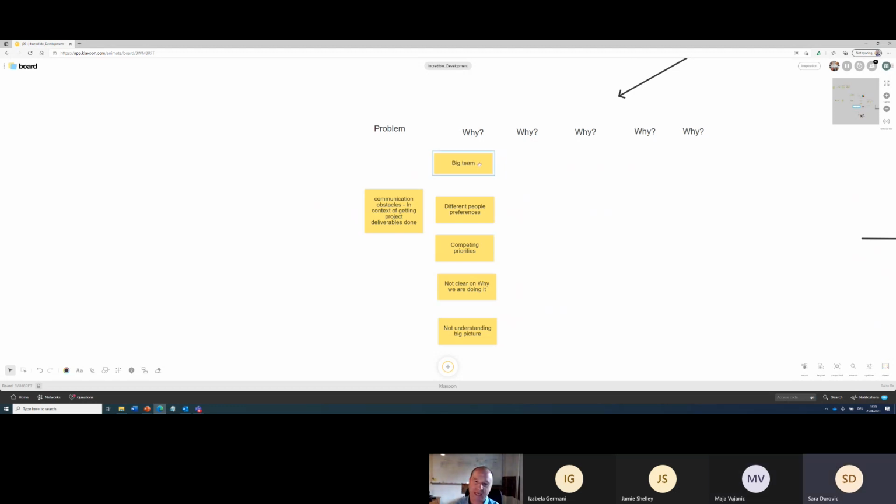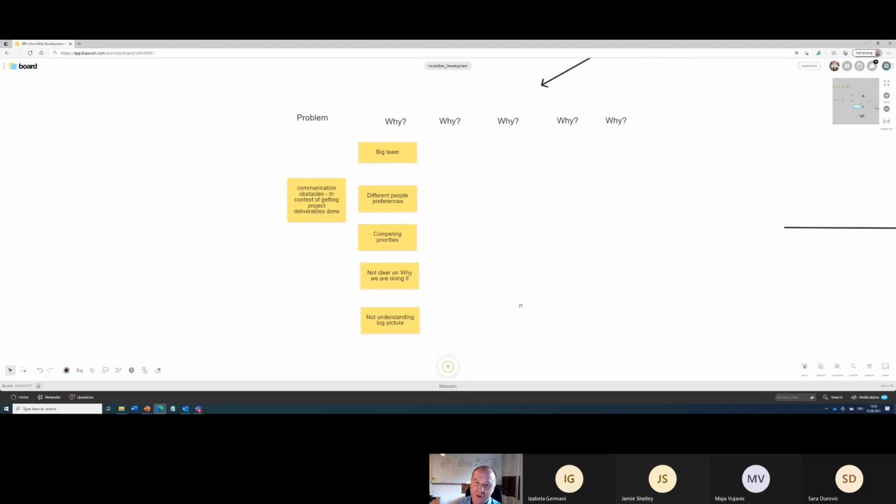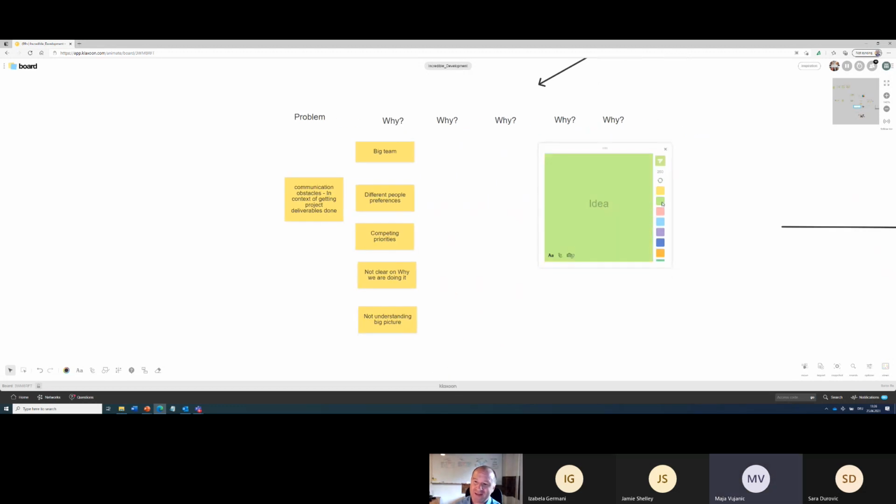So then let's go to the second level of why. Why is there a big team? Sounds odd, but it's a good question to ask. Why is the team so big? I feel like it's not that big. Like our team's quite small, in the grand scale of things compared to some other companies. Yeah, exactly. But I thought more of